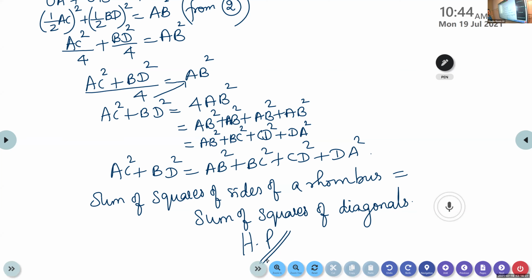We are considering one right angle triangle. We use the properties of rhombus. In a rhombus, we know that all the four sides are equal and the diagonals bisect each other. So we take one small right angle triangle. Four triangles are there; you can start with any of the triangles. Here we consider the triangle AOB and apply Pythagoras theorem. Is it clear, children? This is an important question.